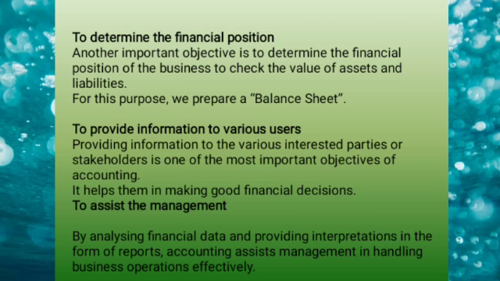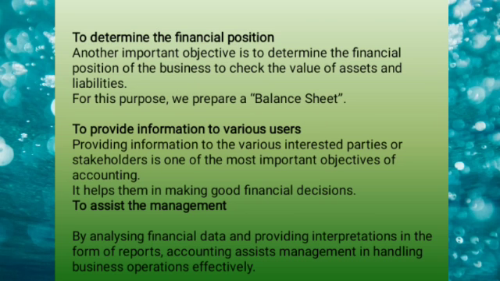Next we have to determine the financial position. Now, the financial position we can determine with the help of the balance sheet, and this process comes under summarization. With the balance sheet we can know the value of our assets and the value of our liabilities, so that we can say whether we are in a safe position or at risk. If our liabilities are less than the assets, then it is determined that the business is